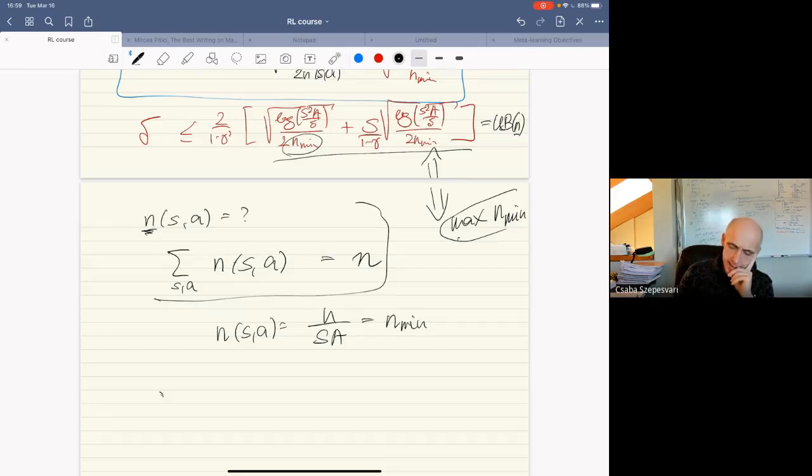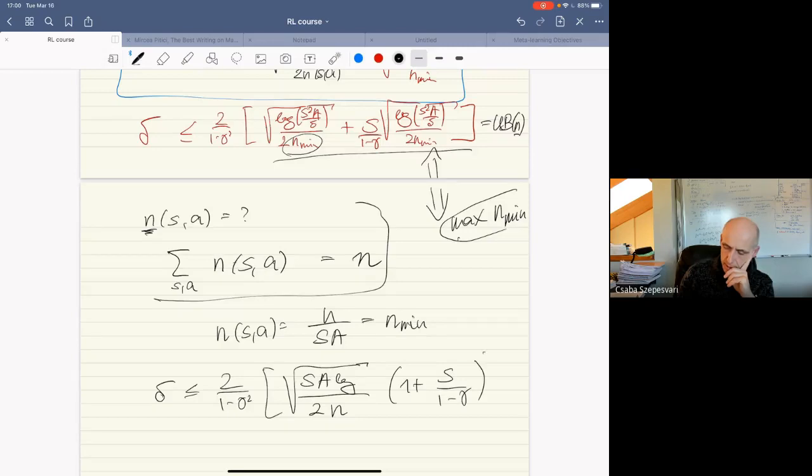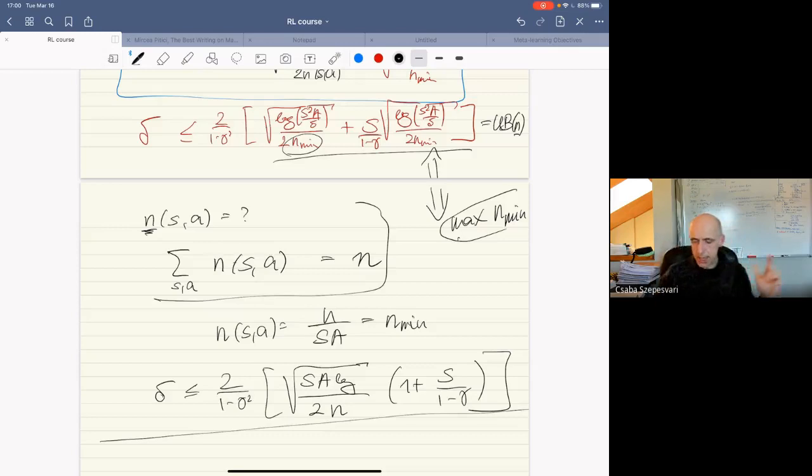And so then you get this delta, which is like 2 over 1 minus gamma squared, and then there is square root SA, some log term, times 2n, times 1 plus S over 1 minus gamma. All right. Happy end. This means that if I want this delta to be smaller than some value, then the number of samples I'm going to need is going to roughly scale. So if I want this to be epsilon,